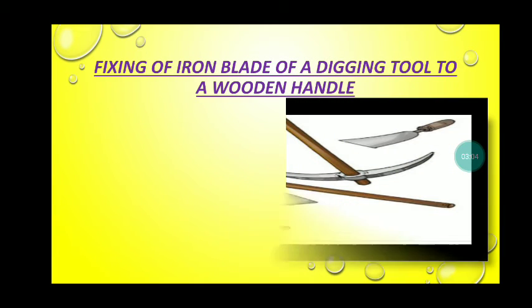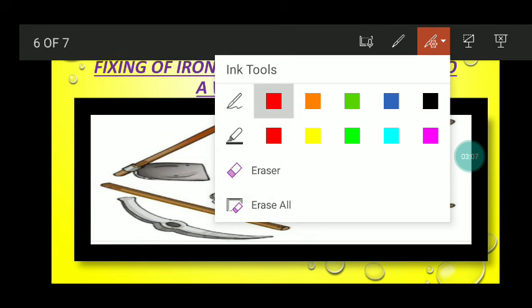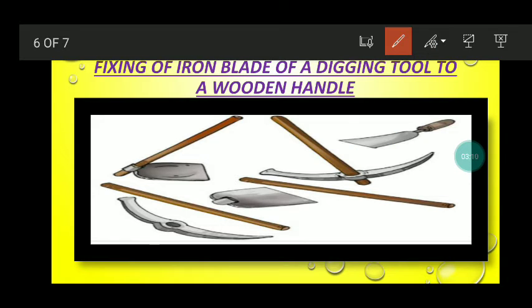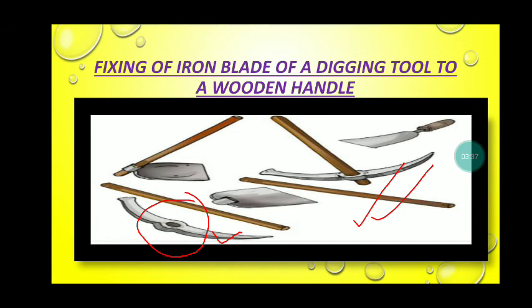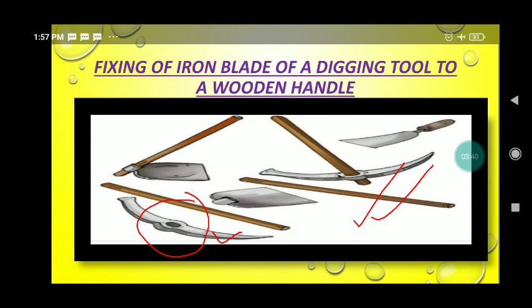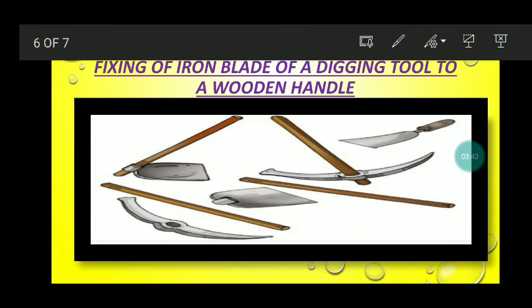So basically I can show you, this is your iron blade, okay? And you have to fix this wood into this iron blade's hole. So for that you have to give some heat to this iron blade. आप इसमें heat दोगे, and then after that the size of this iron blade is going to increase. Now you can easily fix this wood into this iron blade, and now on providing some coolness, the size of this iron blade is going to decrease. And in this way you can easily fit it.